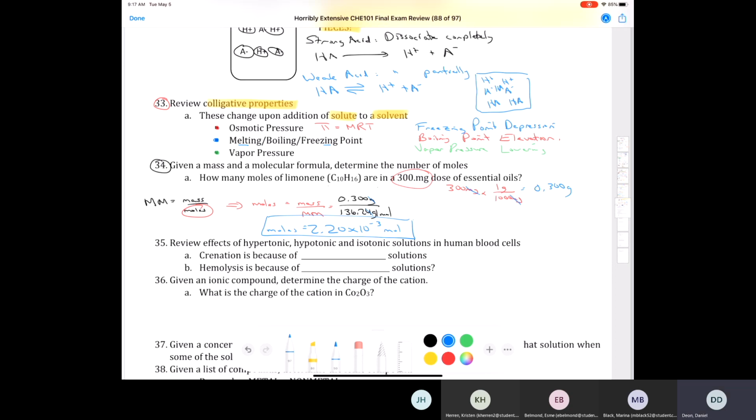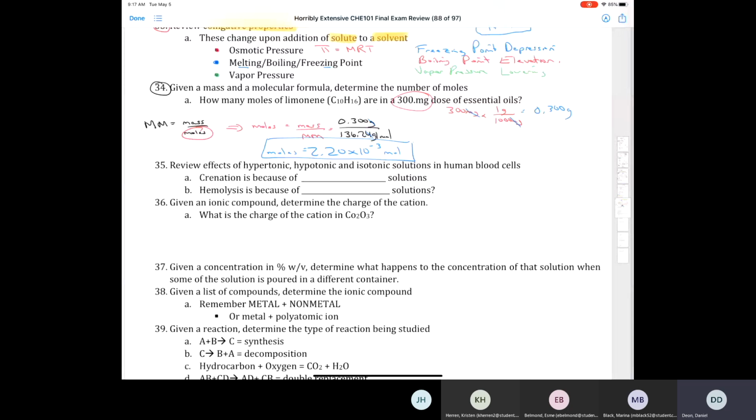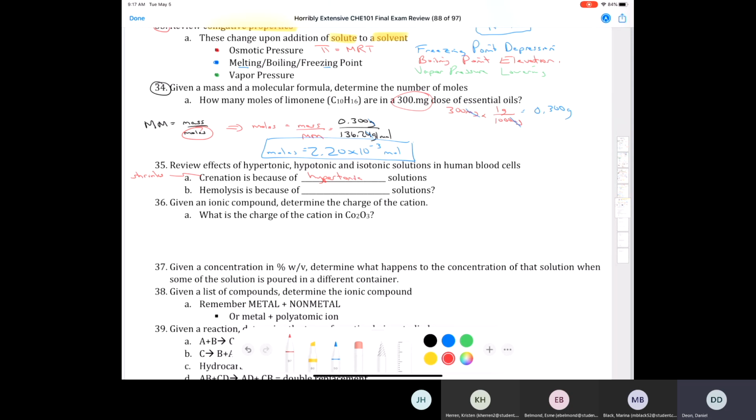Let's take a look here. You have to know the difference between crenation and hemolysis. So crenation is when the red blood cell shrinks, and crenation occurs because the red blood cell is put in a hypertonic solution. And what that means is that the solution has a greater concentration of ions than the concentration of ions inside